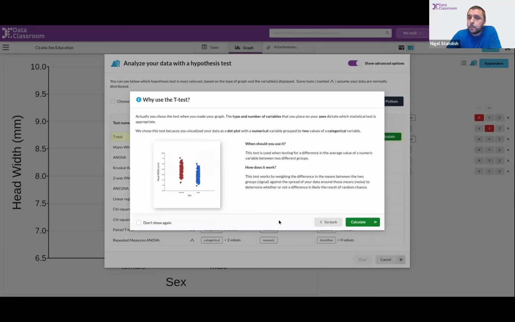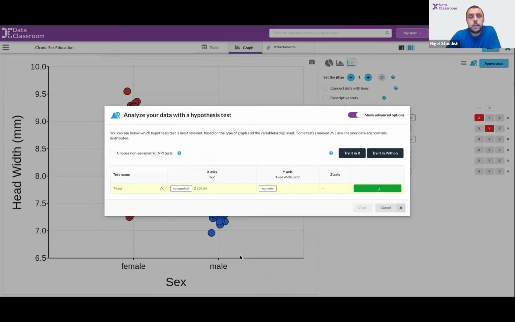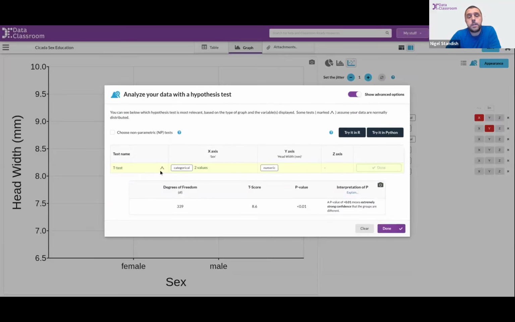When we're done learning about the t-test, we can click calculate and run the analysis, and DataClassroom will give us the degrees of freedom, the test statistic, and the p-value, and enable us to copy that to our clipboard and paste it wherever we like. Now, for students first running statistical tests or in an intro to statistics class, they might not